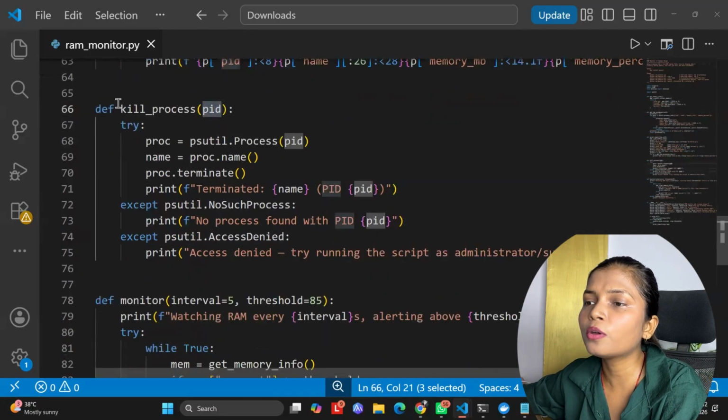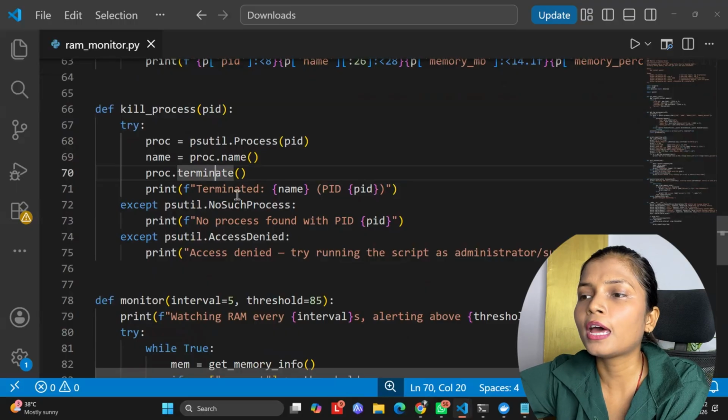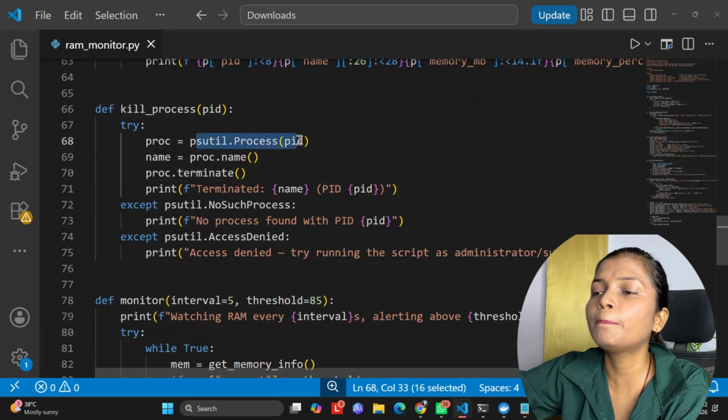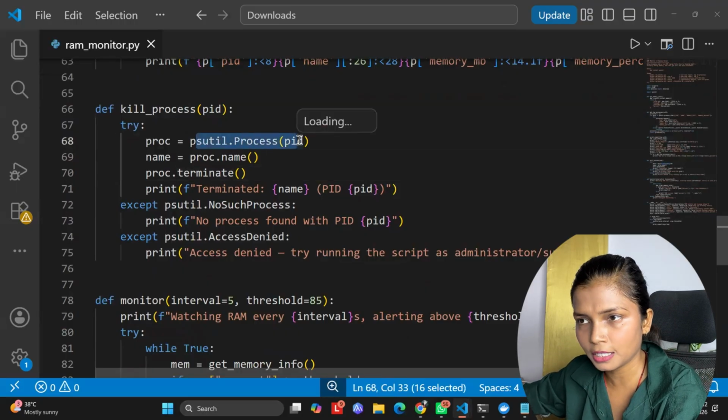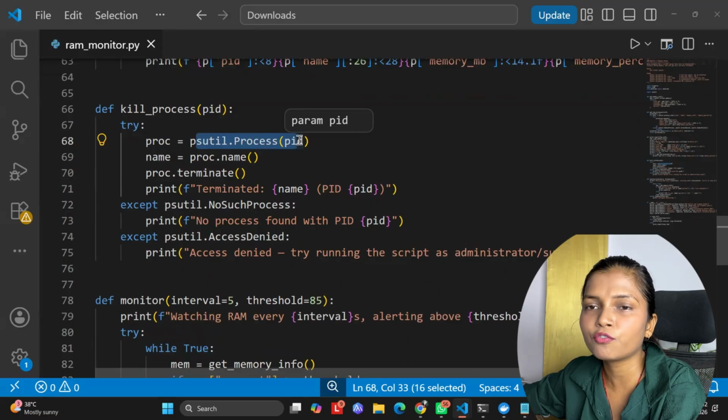So you pass the process ID, PID, to this function, kill process, and then you can use the function psutil.Process(pid). This basically gets a handle to that running process and terminates it immediately when the stop signal is sent, the same as closing it from the Task Manager.